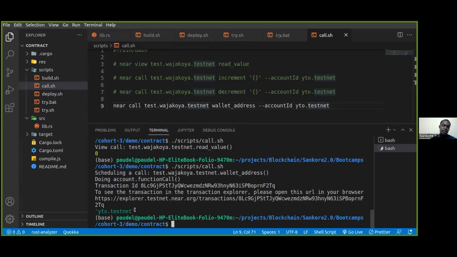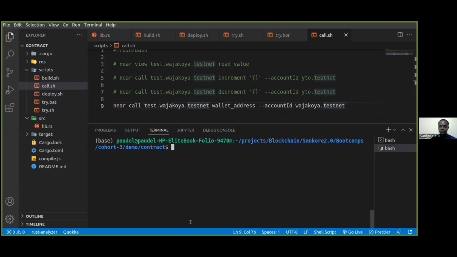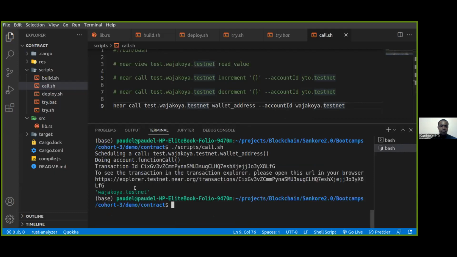Awesome. So you realize yto.testnet is the wallet address that signed this particular transaction. We can as well try a different wallet address as long as we've logged into it from our terminal. So in this case, I'm doing wajakoya.testnet. Let's see what that will display to us. So it should display wajakoya.testnet. Awesome. So that is exactly what happened. Okay. So that is it about our